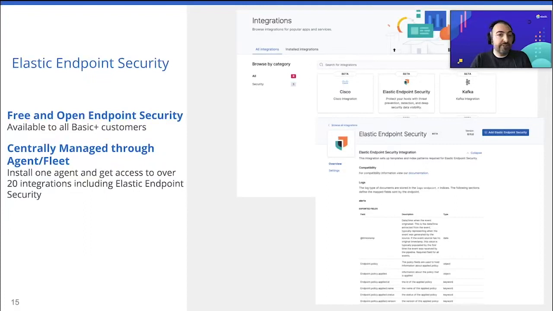One of the things you can do is it's quite simple to get up and running. It's all through the UI. It's centrally managed, so you can have a fleet of hosts in your environment. Maybe you set up a full lab with 10, 15 various hosts to test this. You can essentially manage it through a UI and it's free to deploy.